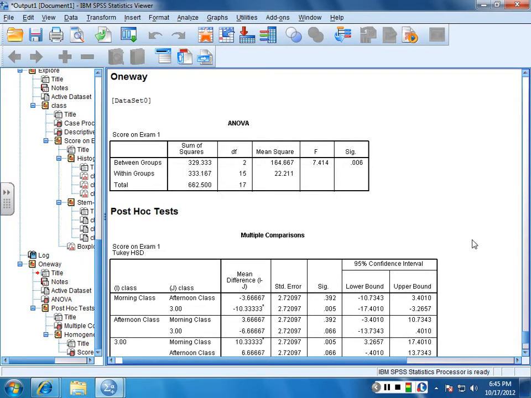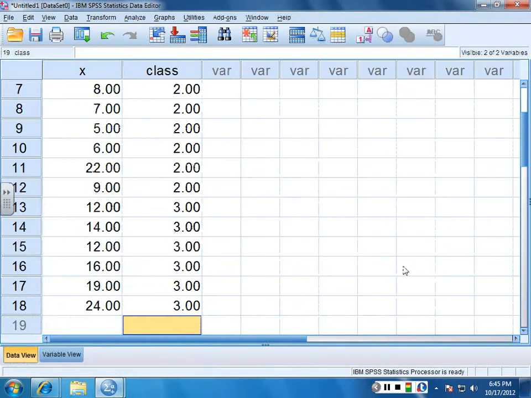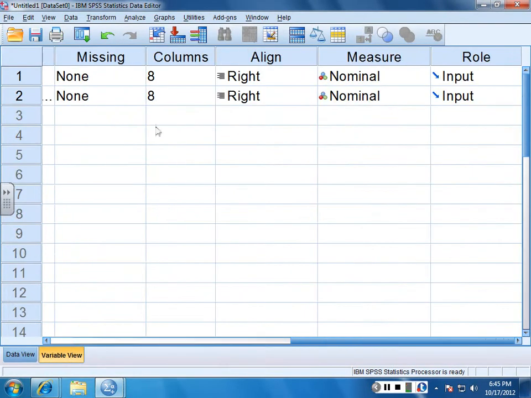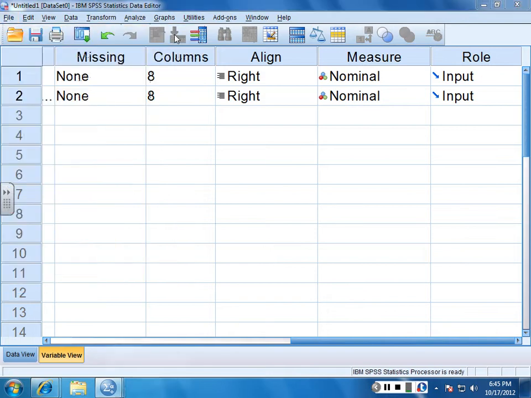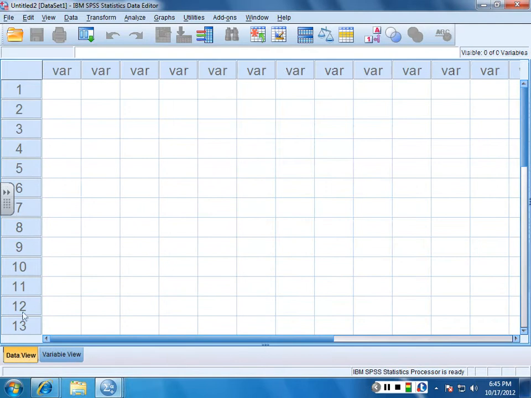The only other thing I think I better show you on here is the matched pairs. It'll look a little bit different. Back to the data. And I'm going to call, let's see here. Maybe I'll just start over. What I'm going to have is